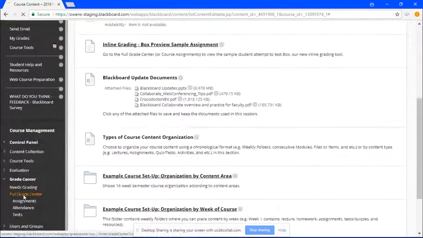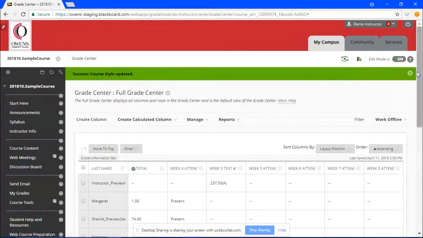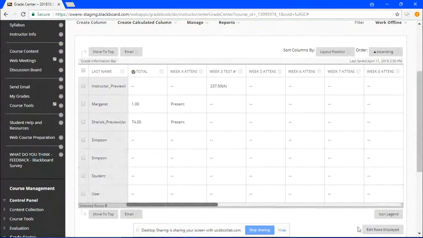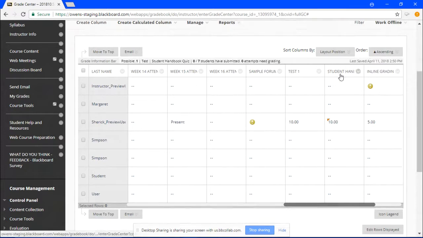If I go down to the Grade Center and I click on the Grade Center, it automatically, when I create a new assignment, creates a Grade Center column with all of the parameters, as I call them, added to the Grade Center column for us. Here's the student handbook assignment.